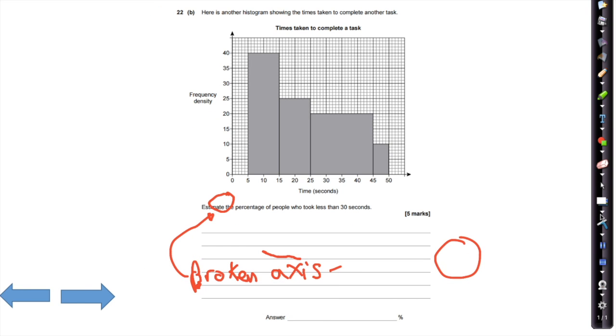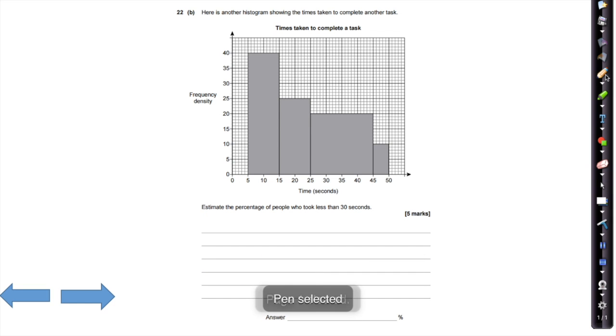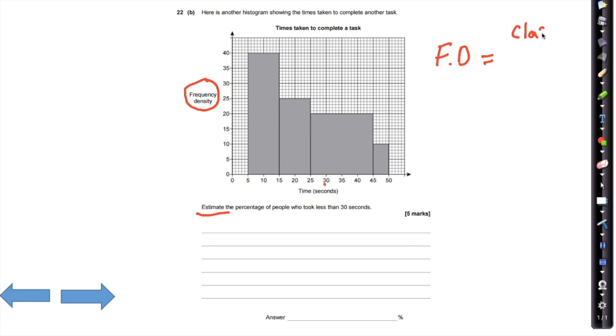For B, we are looking at another histogram showing times taken to complete another task. Frequency density, time, seconds. Estimate the percentage of people who took less than 30 seconds. So 30 seconds is over here. We want to know how many people were less than 30 seconds. And with frequency densities, it's worth trying to just remember how we might have got frequency density. FD, frequency density, is going to be the class width